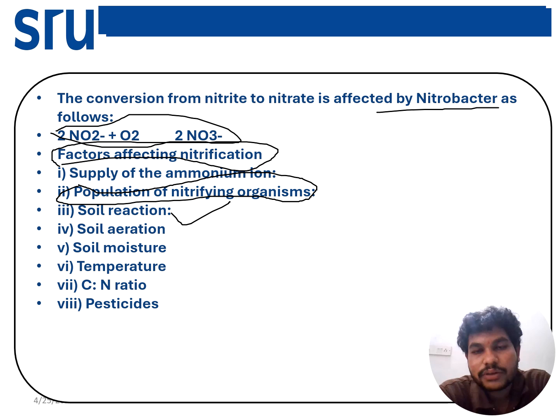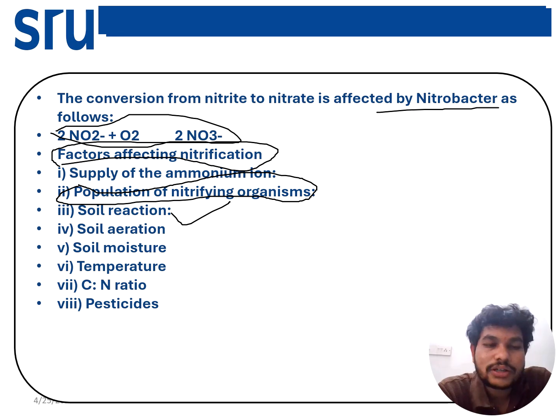Minimum nitrogen than oxygen should be 10%, maximum will be more than 10. If the oxygen content gets reduced, nitrification will not occur. In that condition, CO2 will be more, so other processes will get activated. So aeration is very important. Field capacity is the best condition for nitrification. Moisture like 50% moisture and 50% aeration is the base condition for nitrification,